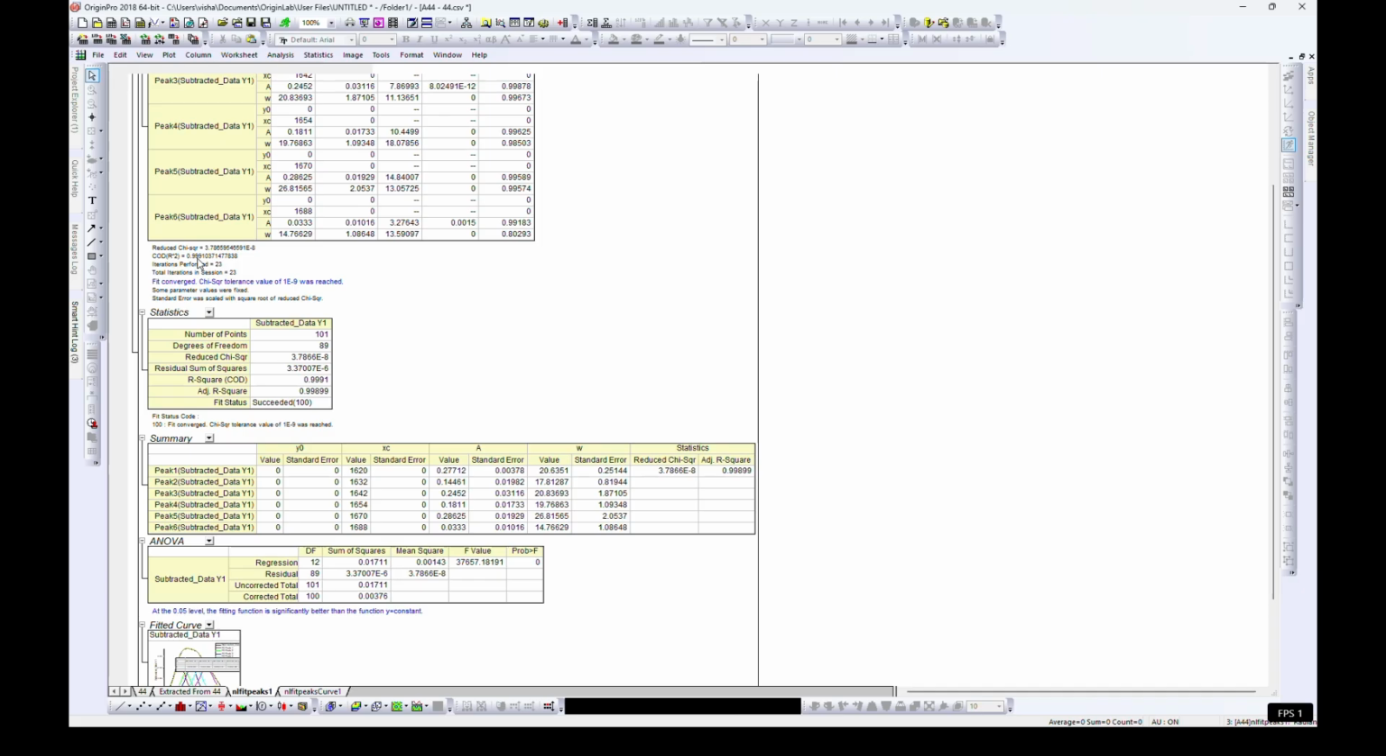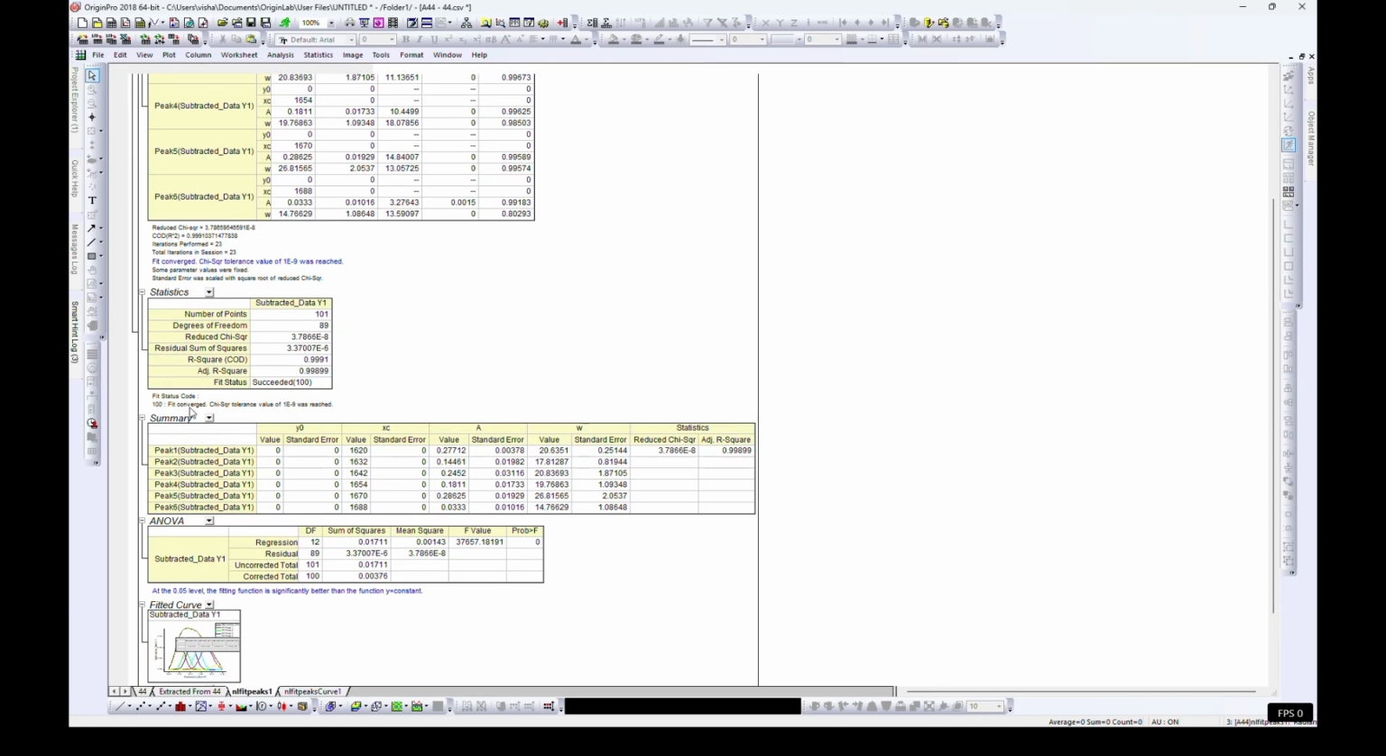R square is 0.999, which is very good. The fitting has been done properly, and the fit has been converged. The chi-square tolerance value was reached. And now we'll go to the fit status code. It is already showing 100, and fit is converged. We will copy this summary table,